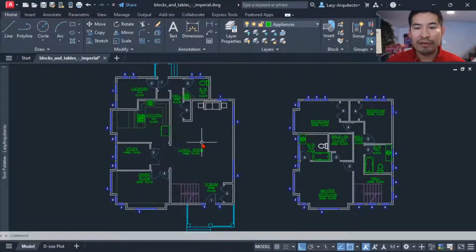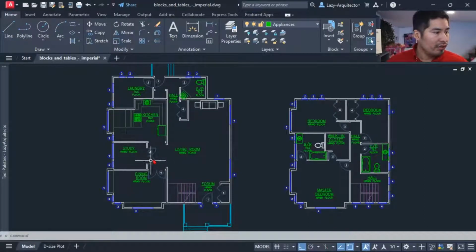So far, do you have any questions? Just put it in the chat and I'll be able to read it. Let me know if you have a question so far. Do you agree that we need this command to quickly edit our annotations or text? What do you think? All right, if there are no questions, let's keep moving.